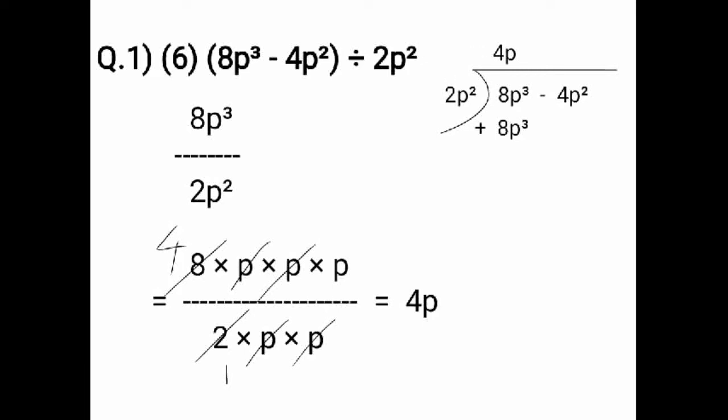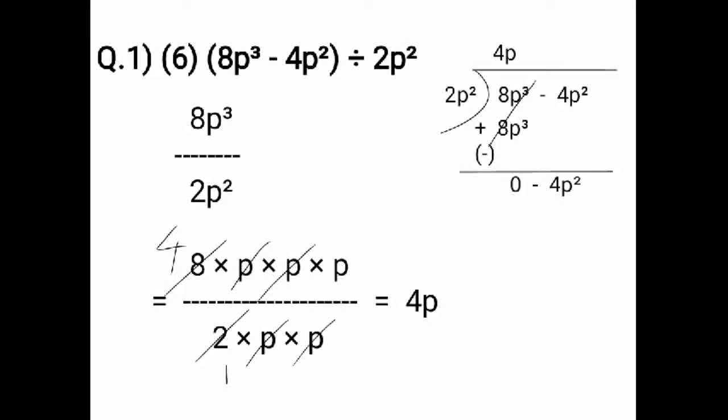Now you have to put the opposite sign, minus, when you are subtracting on division of polynomials. If the minus sign is there, you have to put the opposite sign plus. Like this way. 8p cube minus 8p cube, you are getting the answer 0. On division of polynomials, you have to cancel it when you get the answer 0 after subtracting. Like this way. Now minus 4p square, you have to bring it down.